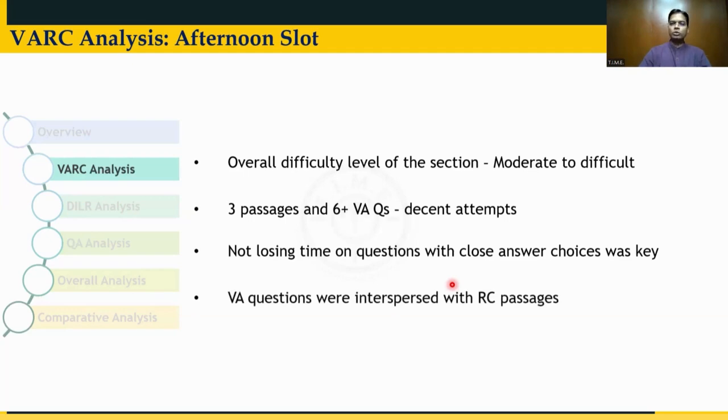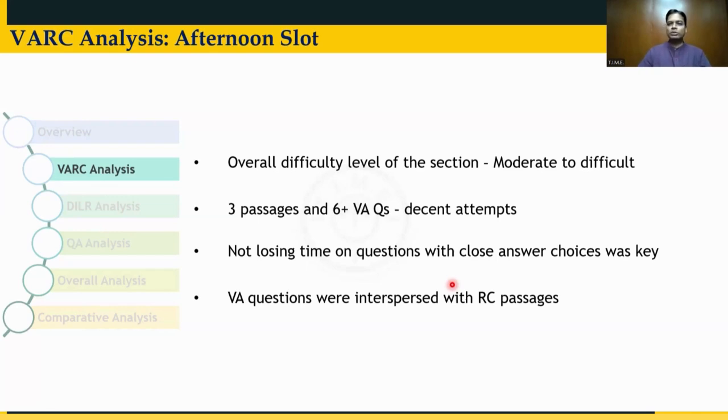And a small point to note here is that usually for quite a few years, the VA-RC questions were segregated. RC used to be first with 4 passages, one after the other, and then the 8 VA-RC questions used to appear. But this time they chose to intersperse the VA questions amidst the RC passages. And that could have held up some students in terms of their strategy and time management, because some are very clear that they want to do RC first and then go to VA. So after every passage, you stumble across a few VA questions, it would have either distracted you or put you off.